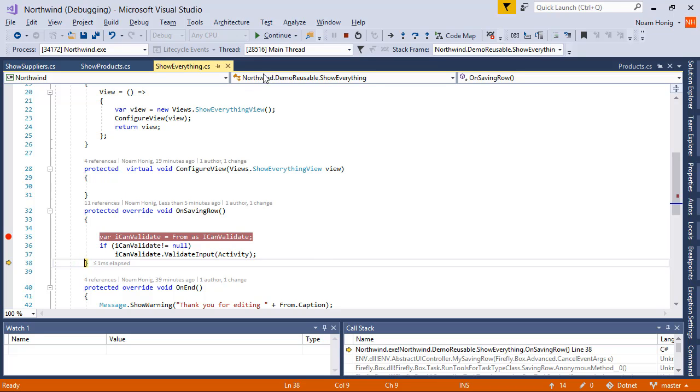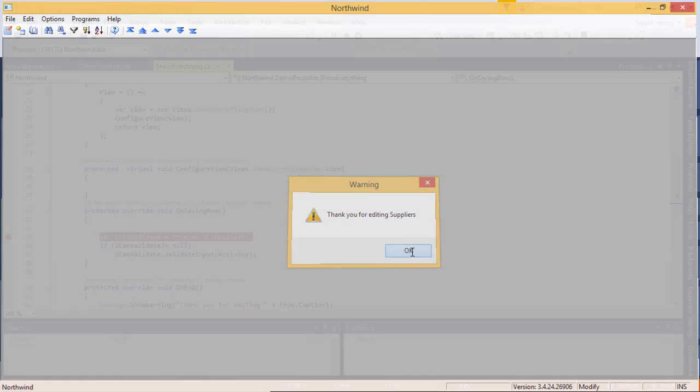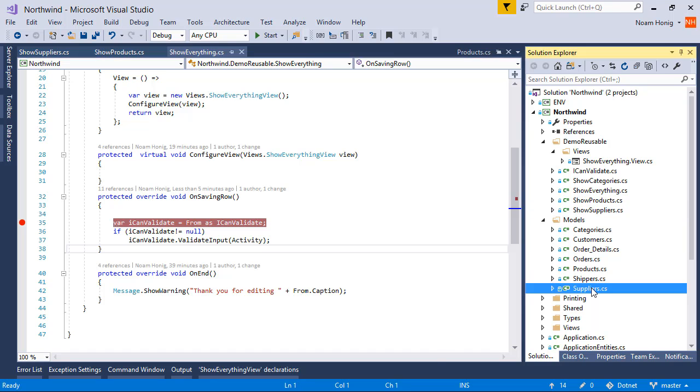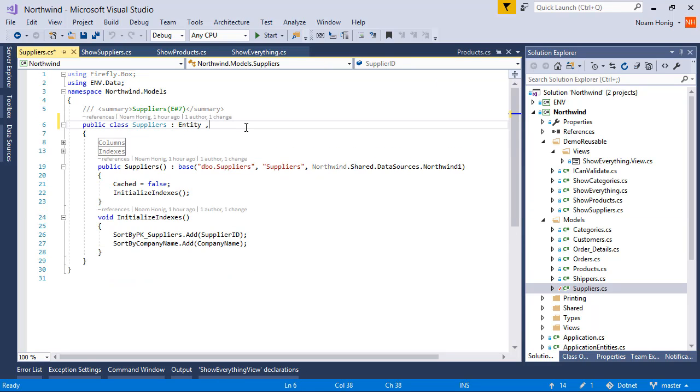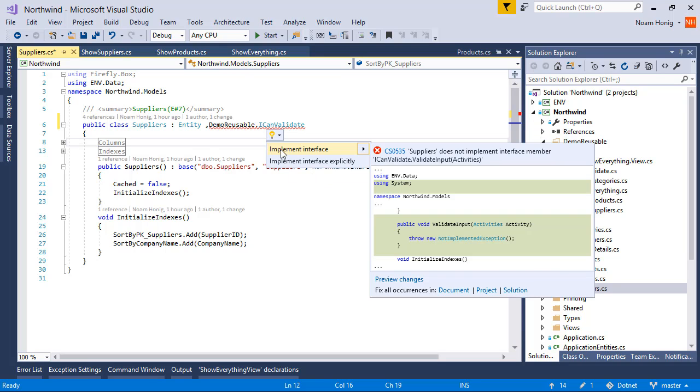And to implement validation for show suppliers, we can just do that. We'll go to the suppliers entity and say that it's also from our demo reusable interfaces, I can validate. And now I'll get a nice little red line saying that it doesn't implement the validate input method. So I'm going to ask it to show potential fixes, and I'll tell it to implement the interface, and it